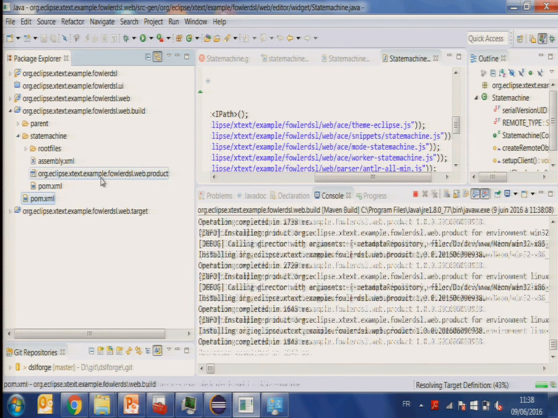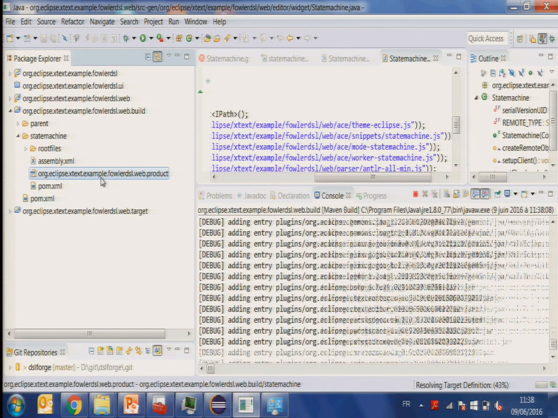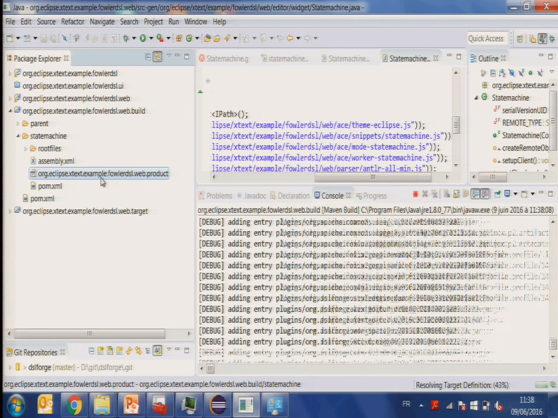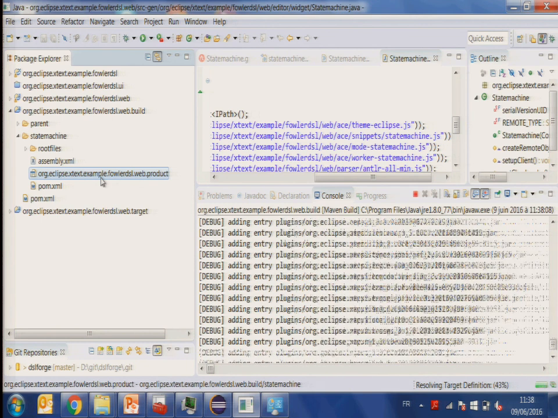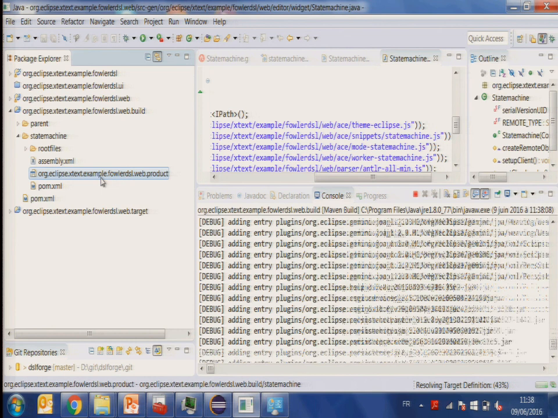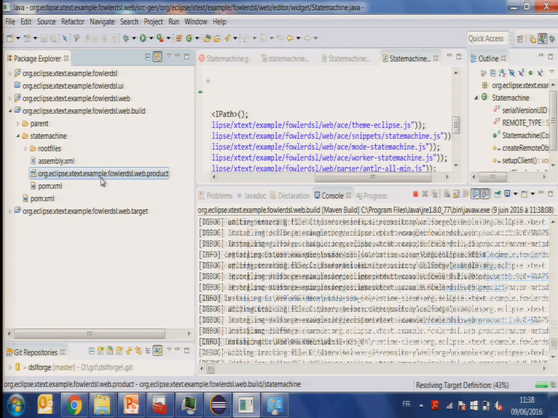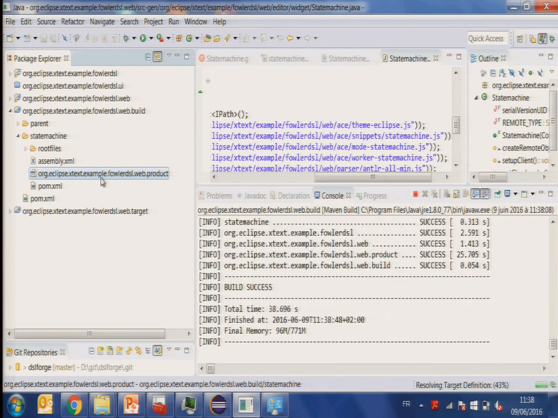So there is a product definition here which contains the web plugin and the main runtime plugin of XText, plus other components like the styled text widget and some other components that are packaged into a target. These are called the DSL Forge runtime, meaning the target components at the end.